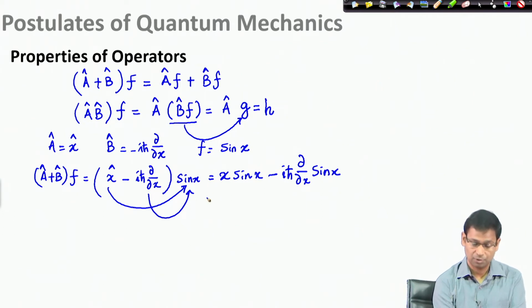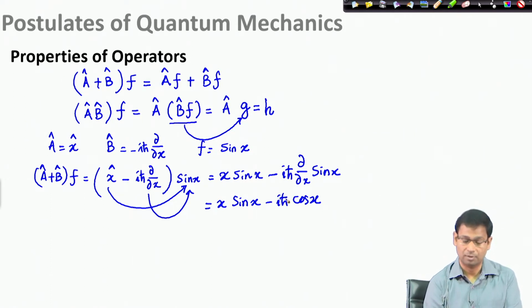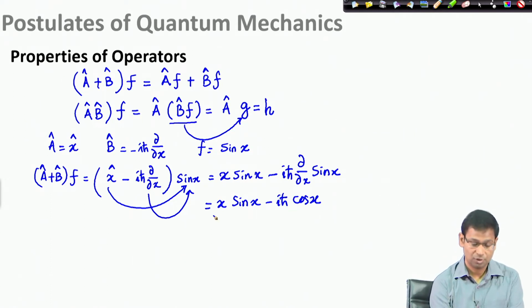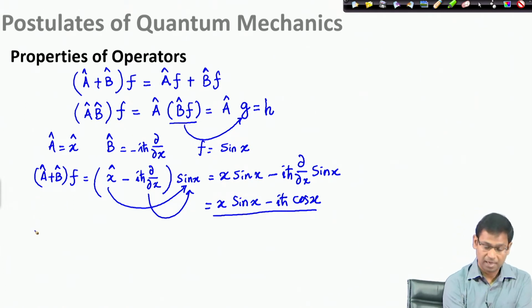this function. So, what do I get? So, I have x sin x minus i h bar cosine x. When I differentiate sin x, I would have cos x. So, now the action of operator A plus B on a function f is given here. Now, we will do the same, but now we will